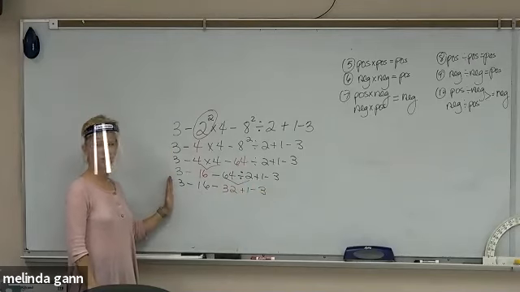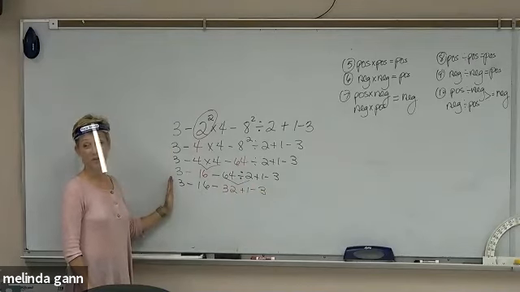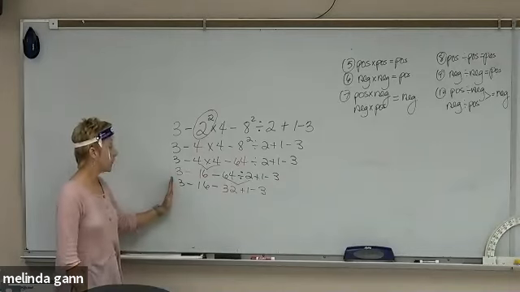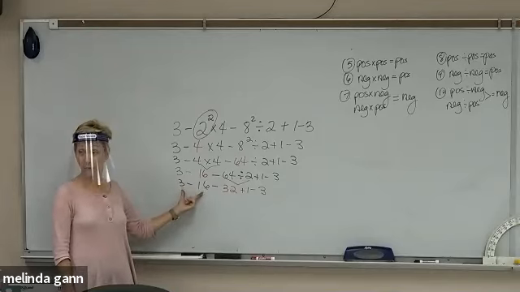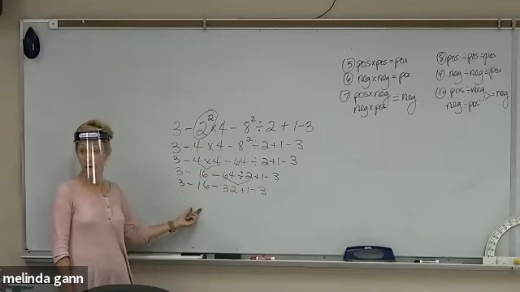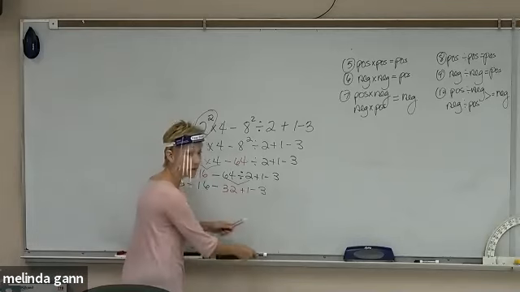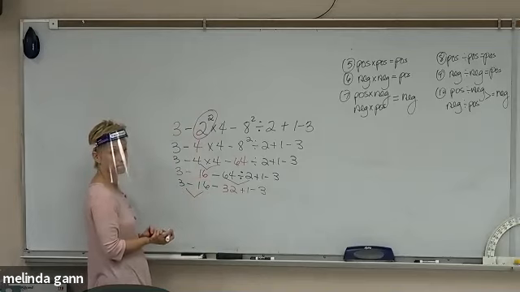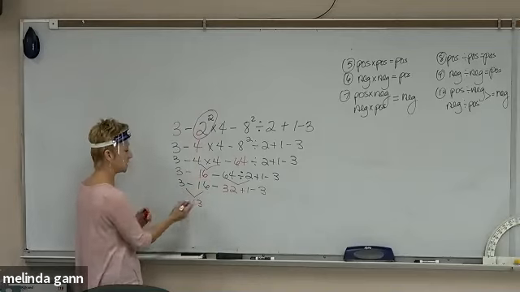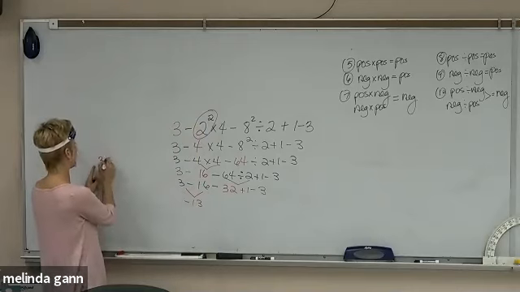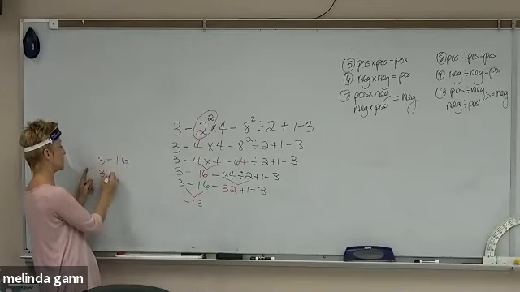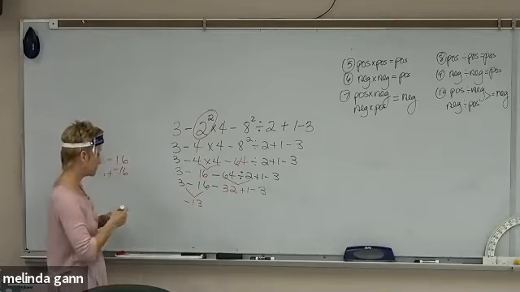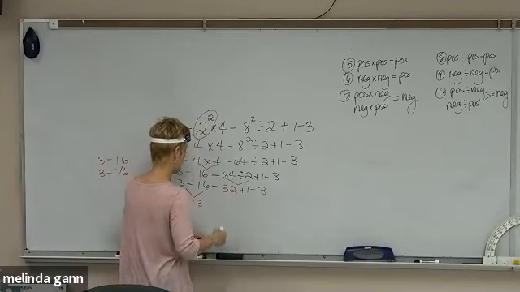Do you see any more multiplication or division? So what's the last thing you do? Adding and subtracting. Okay? Now for some people, they're going to need to rewrite this. Can they rewrite it as an addition problem if they want to? Yeah, I'm not going to make you, but you can. Is everybody with me? So what's 3 minus 16 going to give me? Do you understand it's a negative 13? Because 3 minus 16 is the same thing as 3 plus a what? Negative 16. All right. Then I've still got my minus 32